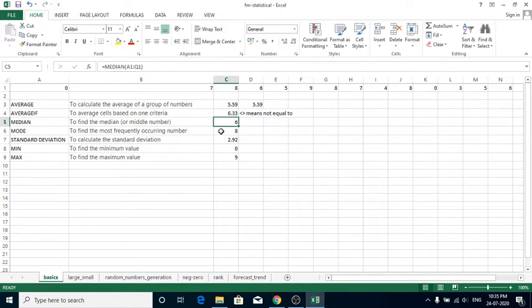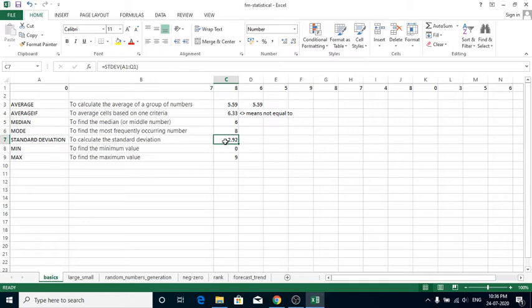And what about mode? Mode is used to find the most frequently occurring number. Here the function is MODE, equals MODE of A1 to Q1. What about standard deviation? In maths or statistics, it is a very complex task to find the standard deviation. You have to remember the formula, what the x values are, what the x bar values are, what the variance is.